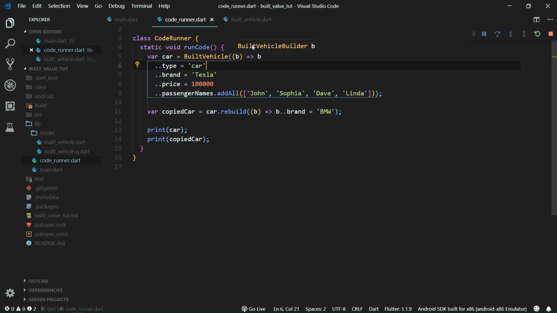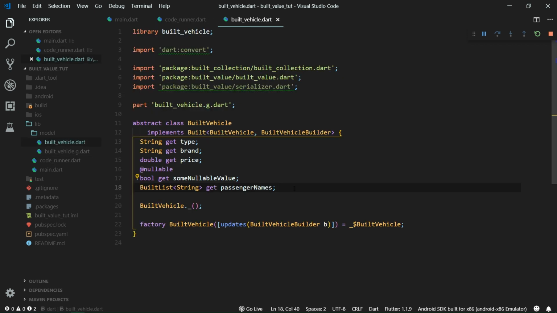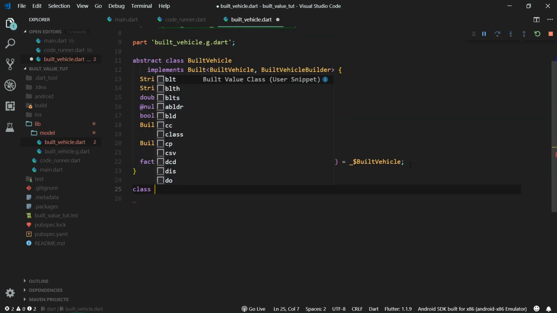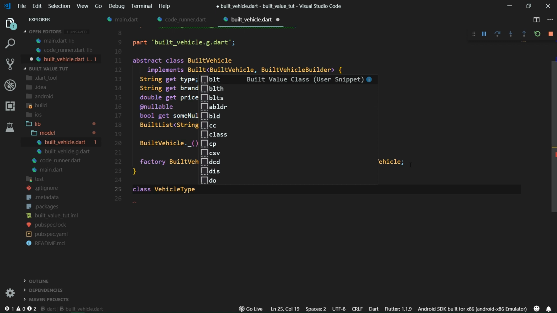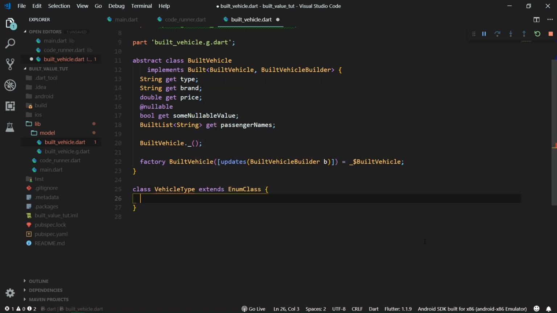So let's go to our build vehicle file and we are going to create our own enum. So let's create a new class under our build vehicle. It will be called vehicle type. It will extend enum class. All of the possible vehicle types are going to be specified as static constant fields. So